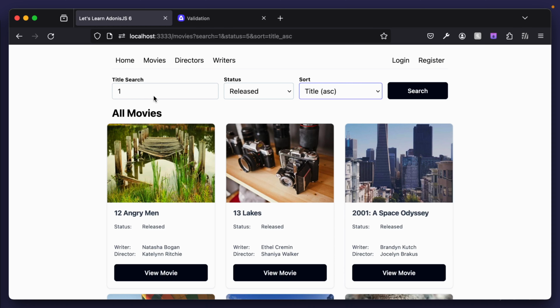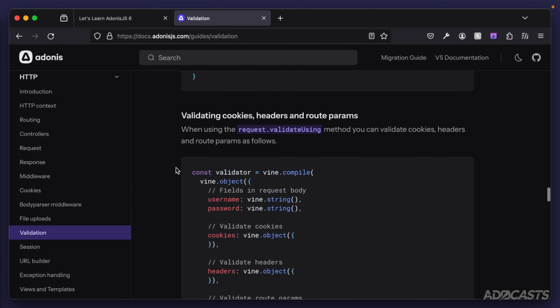So since we're accepting in user provided data here, what would be great is if we had some sort of validation on our query string to ensure we know exactly what's being provided in matches what we're expecting. If we take a look at the AdonisJS documentation within validators, if we scroll down a little bit, there's this